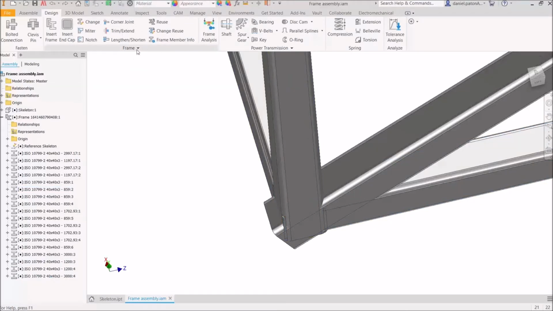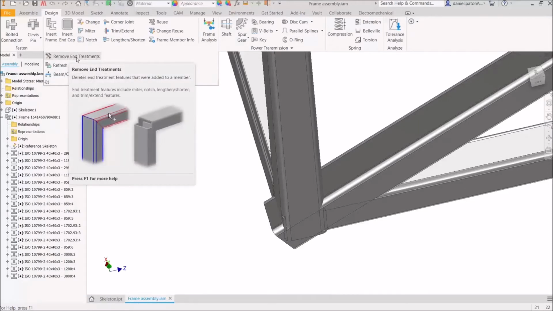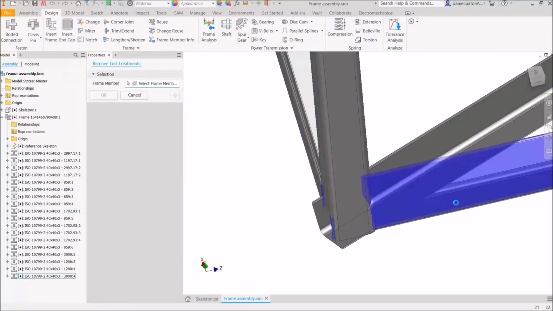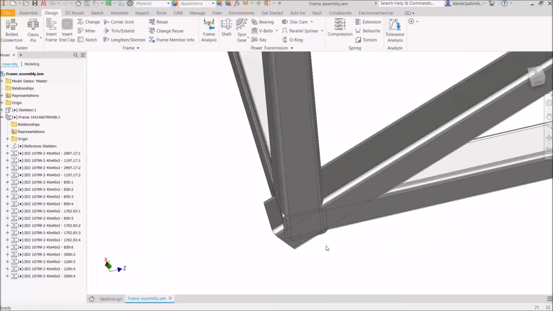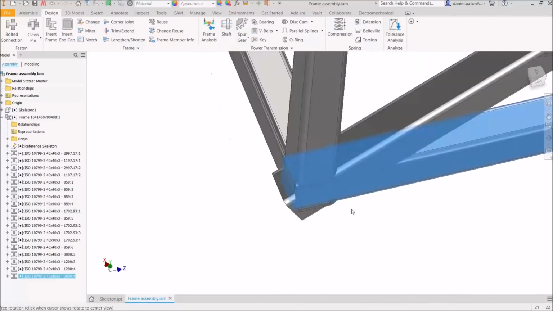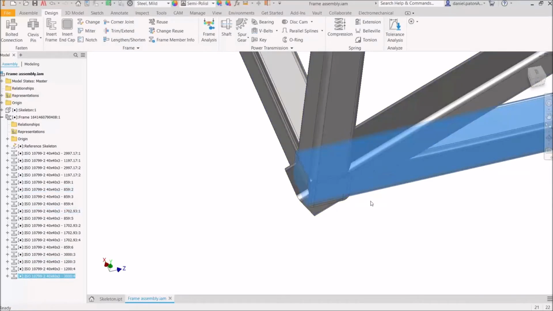It's contained under the frame drop down over here. Go in and use the remove end treatments tool, and we can select the frame members that we want to remove the end treatments from. Click OK, and it will delete whatever you've applied to it, whether it's a notch or a trim or a corner joint or a miter, it will take all of those off. So we go back to the original length that we had,